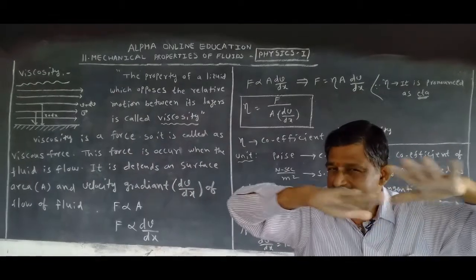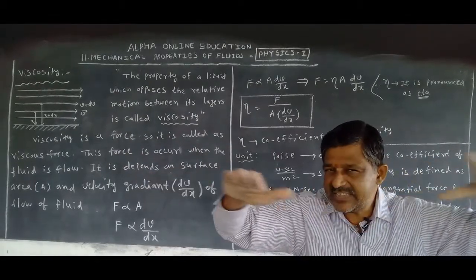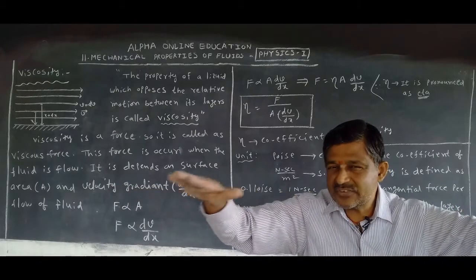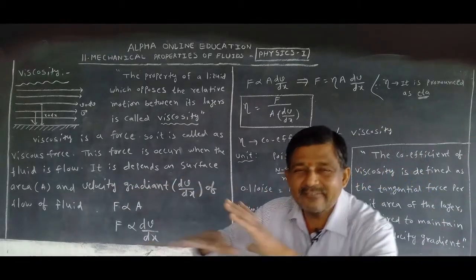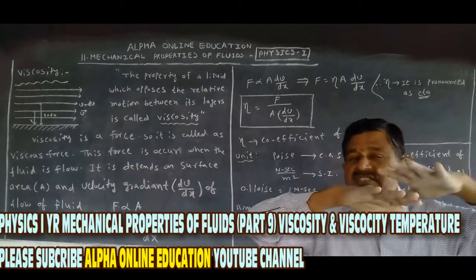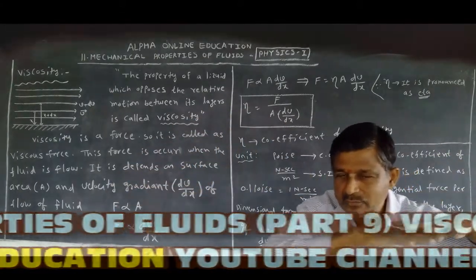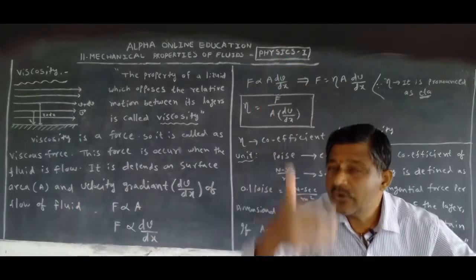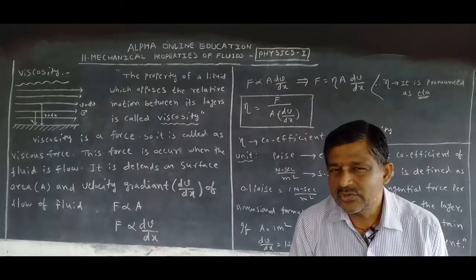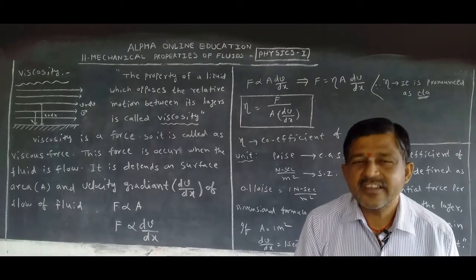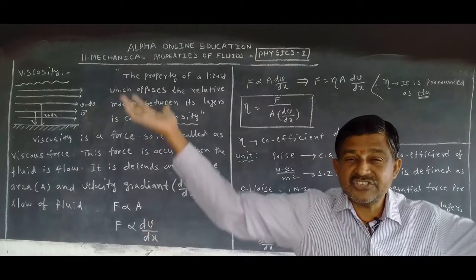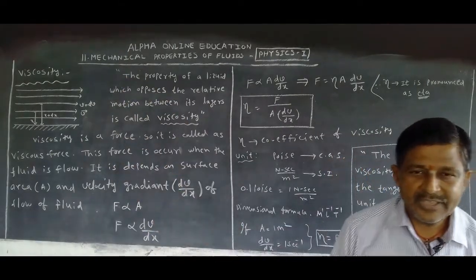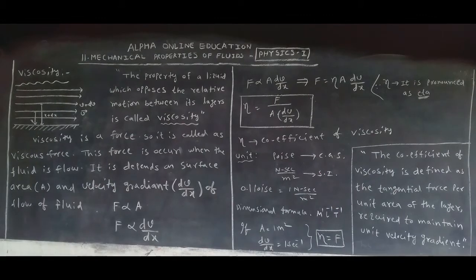In the V shape, the surface area is more, so viscous force is more, and the water does not move very fast; it moves slowly. Area is more, viscous force is more, so the liquid does not move very fast, and the number of layers is also less. That's why the viscous force is reduced. Based on this only, canals are constructed in V shape. This is also one of the topics for 4 marks, and we can use this in our life also.